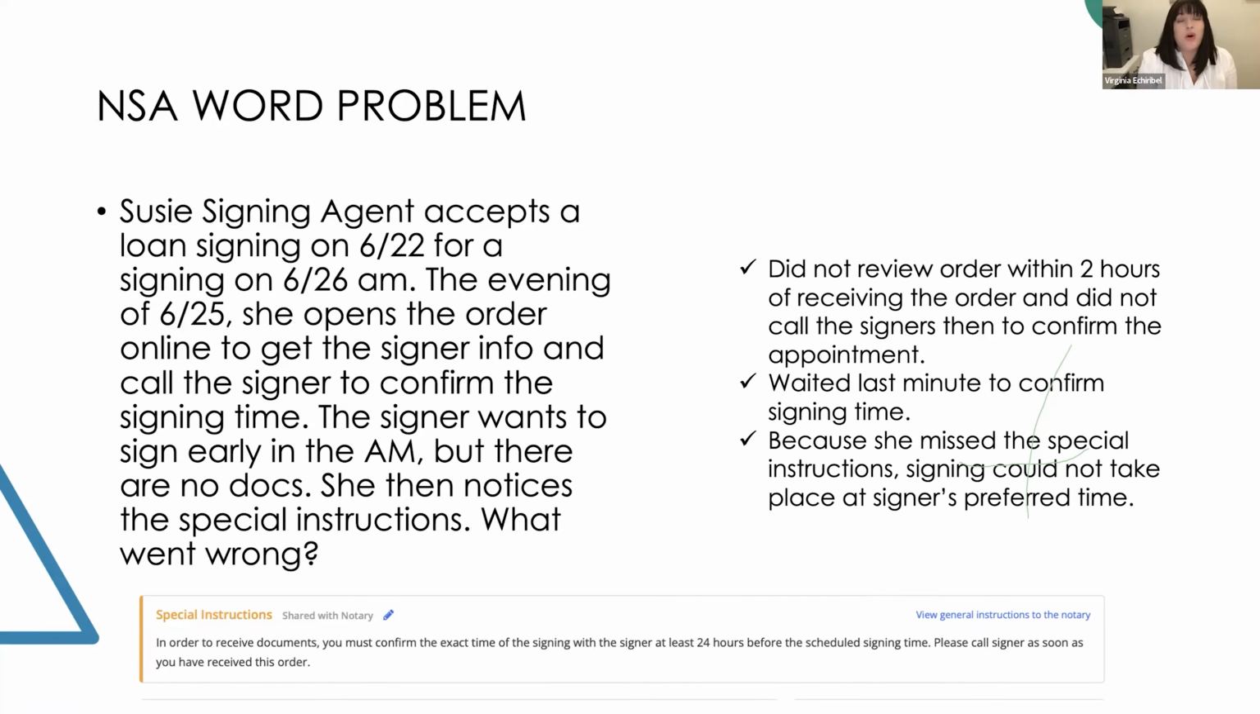So yeah, what would have happened in this? Well, she would have had to call the signer again and say, it looks like we can't sign in the morning tomorrow. We're gonna have to wait, right? So I can ask for a rush on docs in the morning, but that doesn't mean we're gonna get them. So this is a tough one. This one happens all the time. So it's really simple. When you get a signing, get excited about that signing, open it up, call the signer,